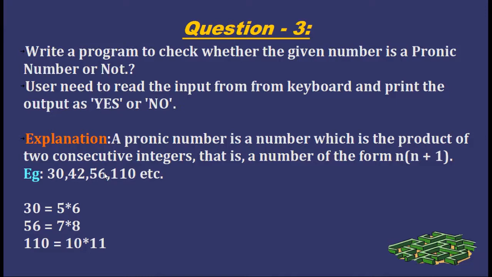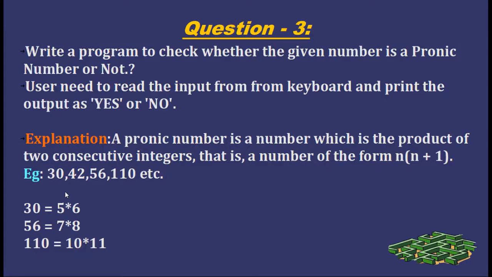We have considered 30, 40 to 56, but leaving these apart, I would just give a brief analysis in a simple manner of what a pronic number is. So let us take 30. 30 has some factors: 1 is a factor, 2 is a factor, 3 is a factor, 5 is a factor and 6 is a factor. You will be traversing from 1 to the given number, any number, not only factors, any number.